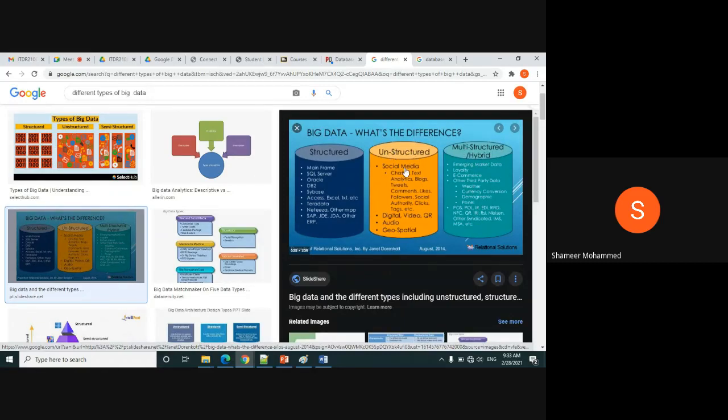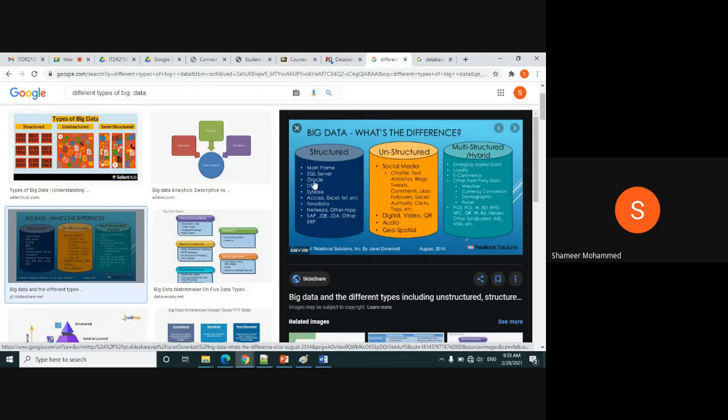Unstructured is the data you are sending in WhatsApp, like images, emojis, tweets, flowers, icons, etc. This is not a structured one. This is unstructured. Structured means organized and stored in a database.